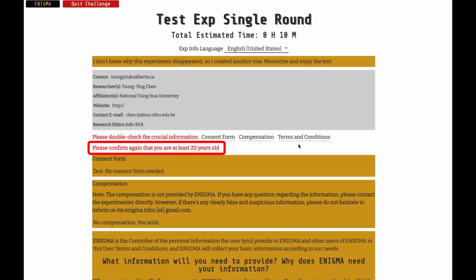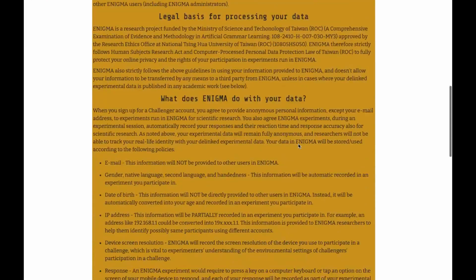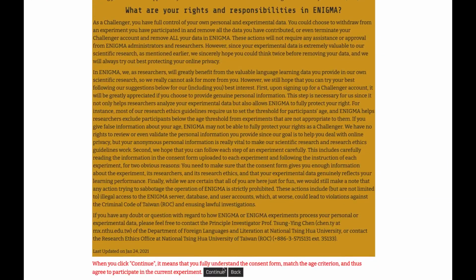In this demo, the challenge is designed for adults aged at least 20 years old, and your participation confirms that it is true. So, when you click on Continue, it means that you fully understand the consent form, match the age criterion, and thus agree to participate in the current challenge.